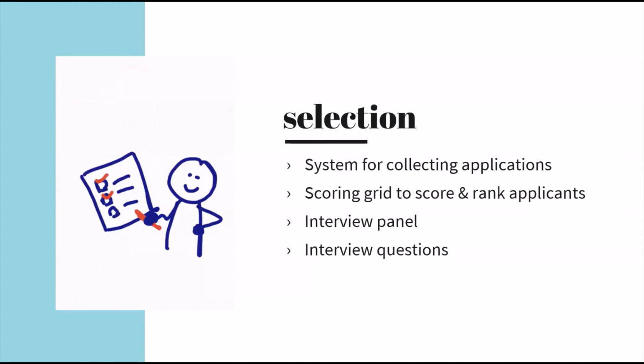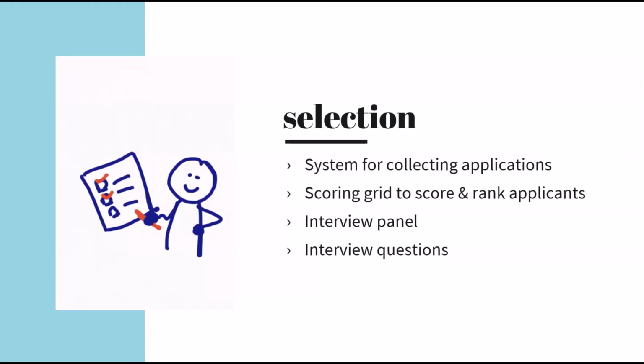Then make sure that you score and rank applicants according to those different criteria that you have identified, and make sure that different people in your organization are scoring the applicants based on the application letter, the motivation letter, and the CVs, of course. Set up an interview panel, maybe set up different rounds of interview panels, depending on how many candidates you have and what the position is, how many people you want to involve from the team, and design your interview questions